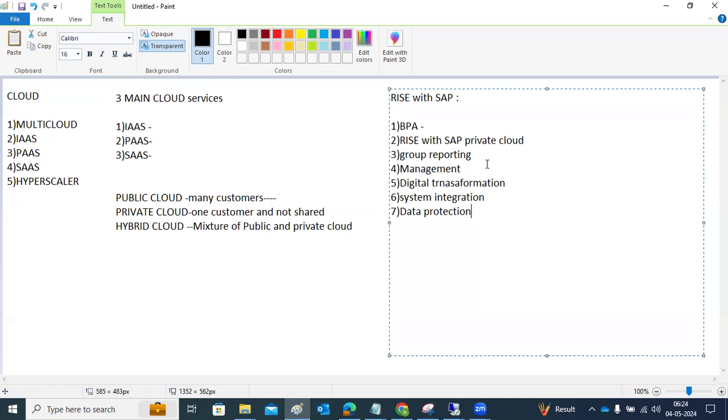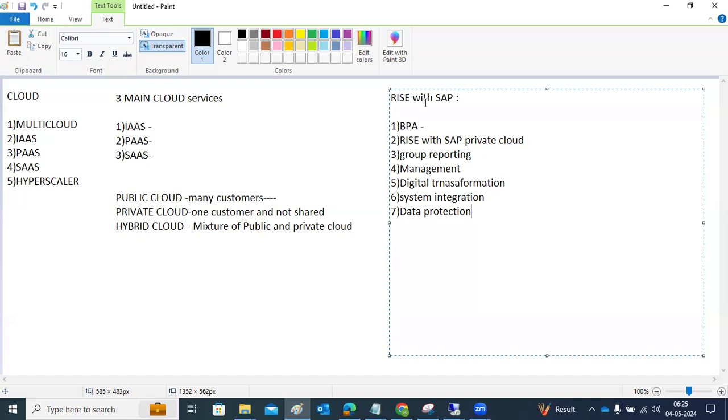There is one more phrase they are using: one offer, one contract, a bundle of products at one single price, and one ability to manage the SLA operations and everything under one contract. So that is what Rise with SAP is, right? There are network, consumptions, BPA, BTP, all will come under Rise with SAP only.